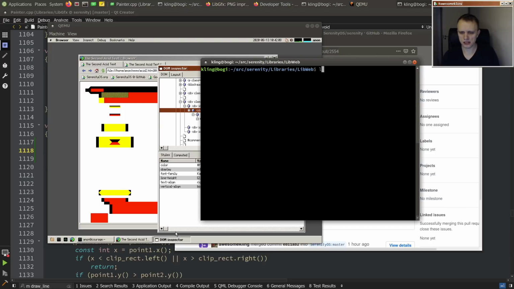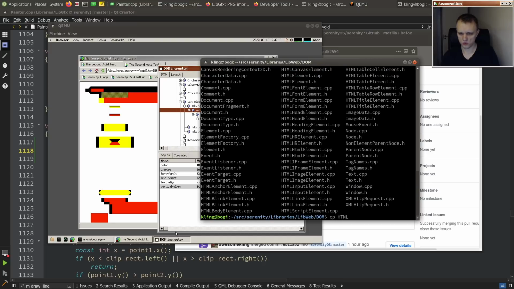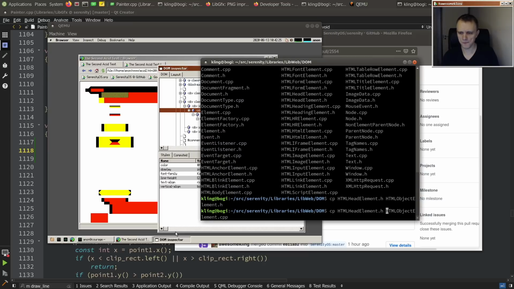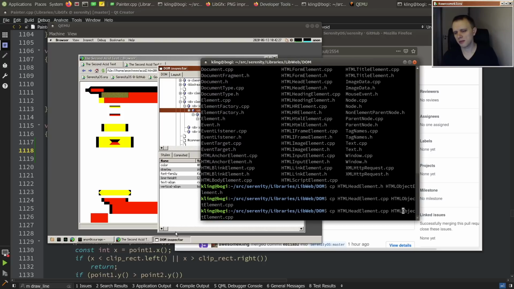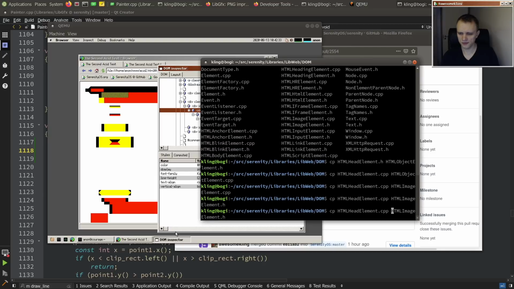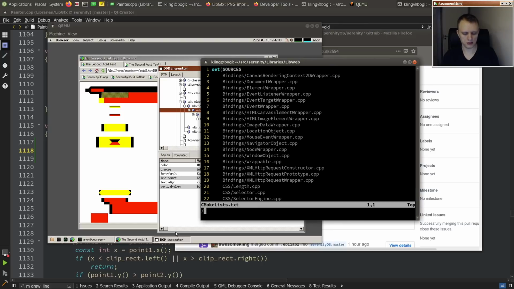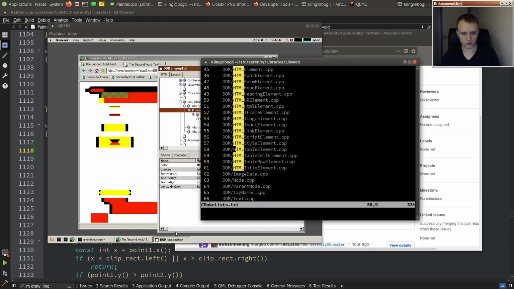I guess we'll start by just adding an object element class to the DOM. So who do we copy? Maybe head element? Yeah, just need to copy somebody. Actually, maybe we should copy the image element because it knows how to load something. Okay, did I mess around enough yet? Probably not. So DOM HTML object element,